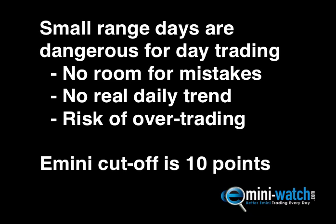On these low range days, Greg talks about cyclicality, and that's exactly right. They're just bouncing backwards and forwards between highs and lows, and there's no real daily trend. So I'll be constantly jumping in and out of positions thinking, is this an up day, is this a down day? And when there really isn't a daily trend, I'm always flipping my positions backwards and forwards,